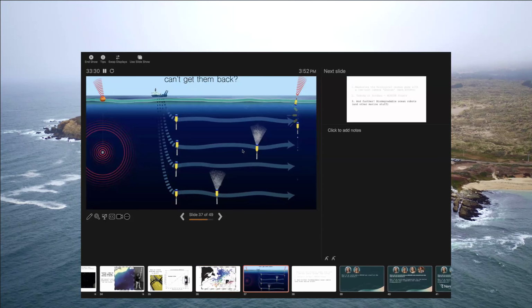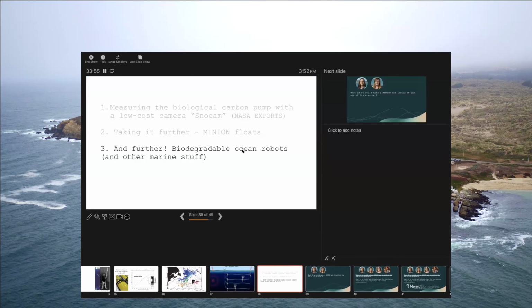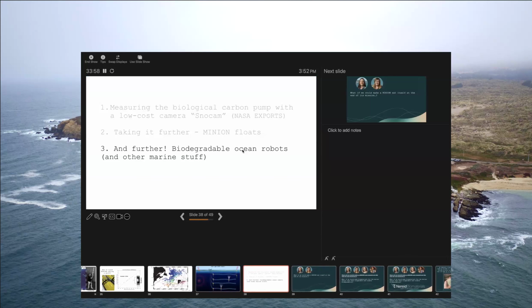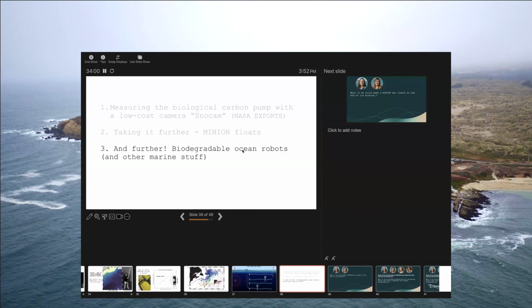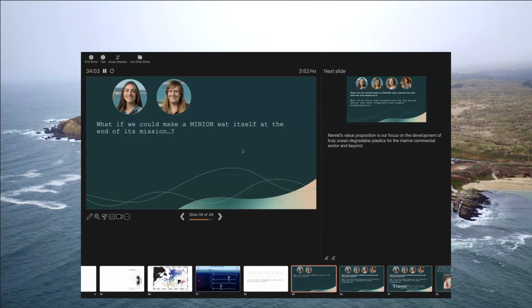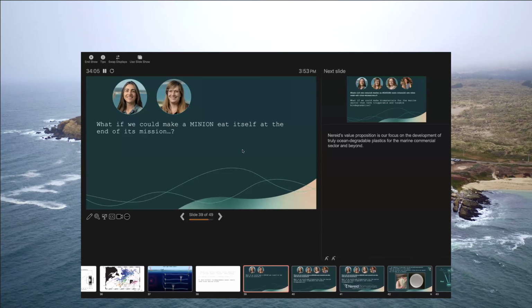And so we have this vision coming together of lots of Minion floats. Sorry that the words are off the screen, but it just says, what if we can't always get these floats back? If they've drifted too far away from the ship, or the ship has other priorities and doesn't want to go chase down Minions, or it's just too expensive to do so. And this really led to another chapter in my work that has been a big focus over the last few years, which is making these floats as biodegradable as we can.